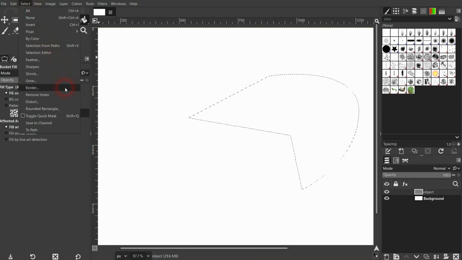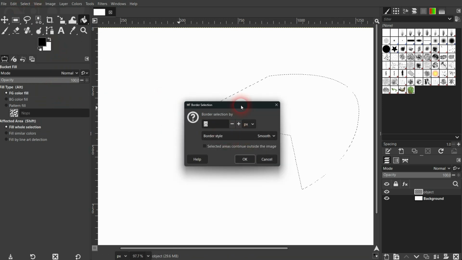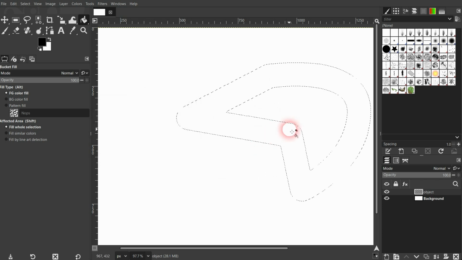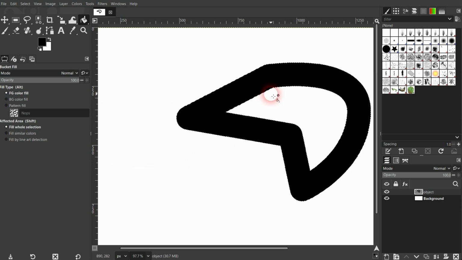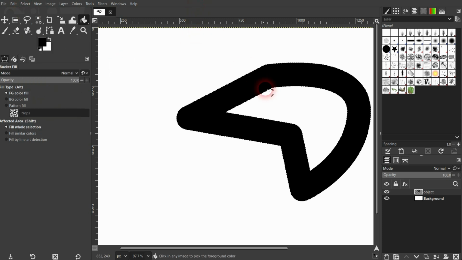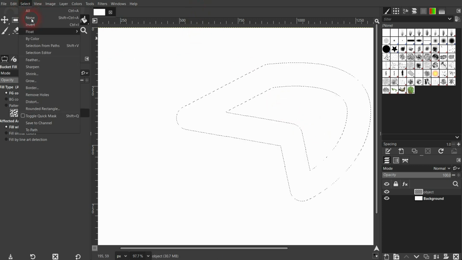Then we have the border, and this creates basically a cutout inside of the shape. Let me go to like 50 hard edge. And there you can see it. So it creates a border from the outline to the inside, and via the value you define how thick this is going to be. This obviously then creates a hole, as I've said, a cutout,